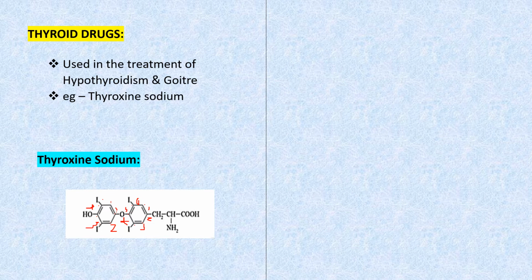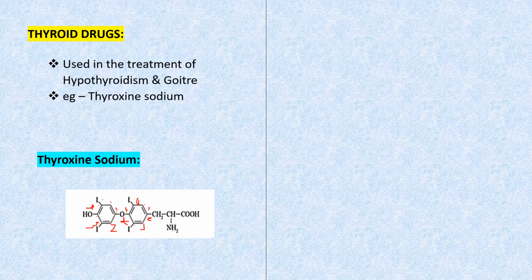Now what is the third one? After you have given the numbering, first write down the name of the substituent prefixed with their position in alphabetical order. Now if you see the structure properly, the iodine is present at 3rd and 5th position. It is here also present at 3rd and 5th position. Therefore in the chemical name I will write down 3, 3', 5, 5'.